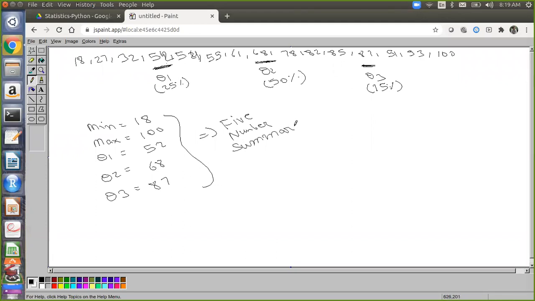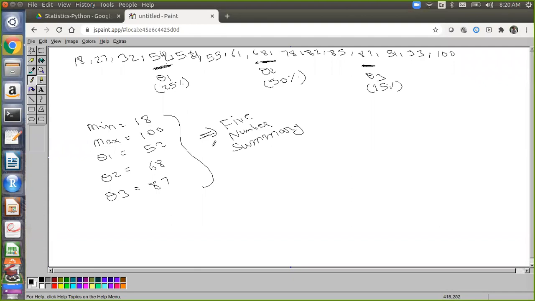Yes. If we are not getting a single digit, we take an average of two numbers for even counts, right? Single digit means we are getting 52 here, with three numbers 54, 55, 61 on one side and 18, 27, 32 on the other side. So this is an odd count, so we got a single digit 52. But if we get two digits like 52 and 54 in the middle, we need to take the average of that. That case we will discuss later.